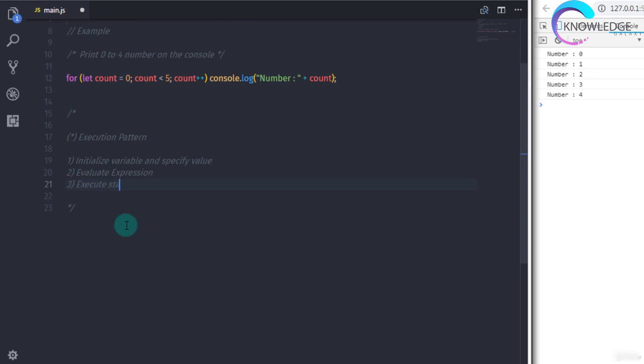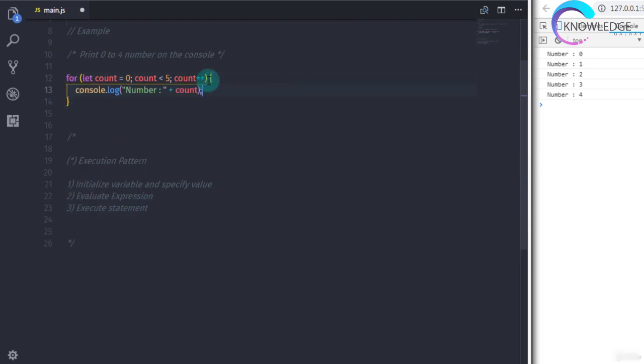Third, the for loop will execute the statement. You can also use a compound statement to execute multiple statements one by one. And the fourth and last step is that the for loop will increase or decrease the value of the variable by 1 using the increment or decrement operator.